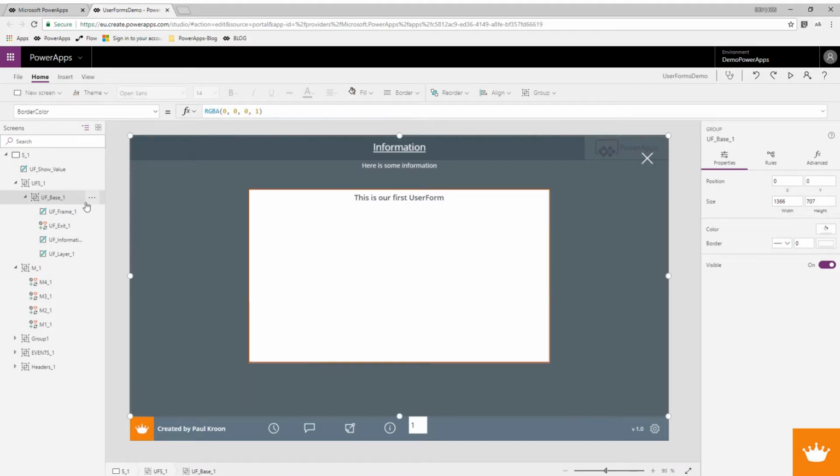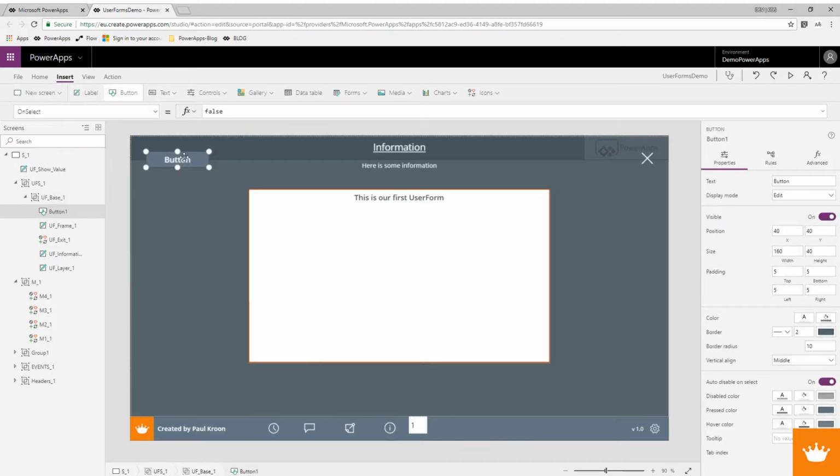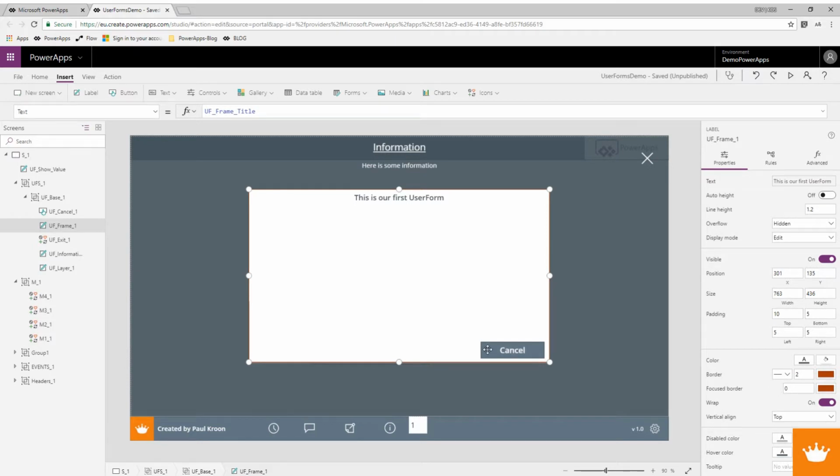So now select our group and say we want to insert a button. Let's drag the button here. I don't like the radius, so let's put it to 0 and say this is gonna be a cancel button. Cancel. And let's rename this to UF cancel.1. So we have a cancel button,